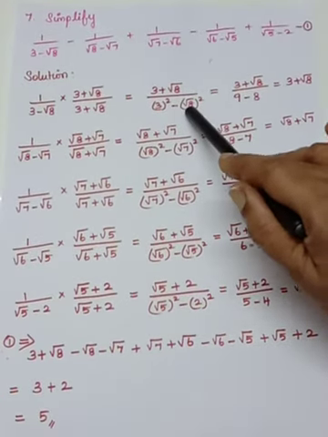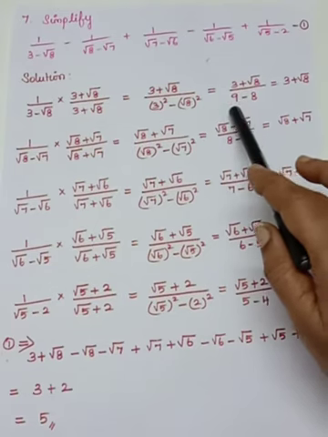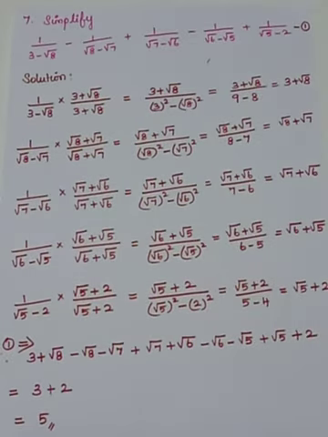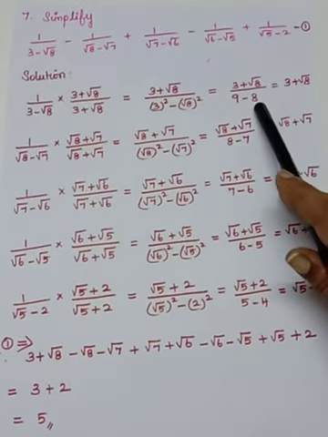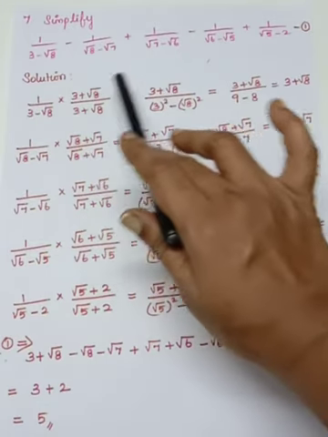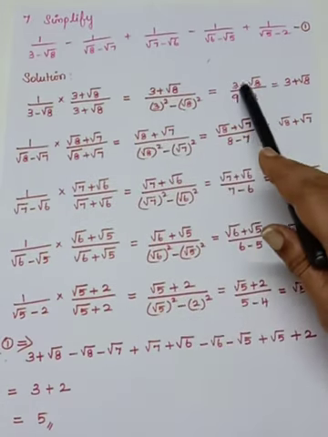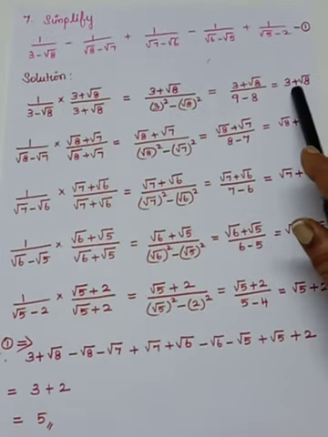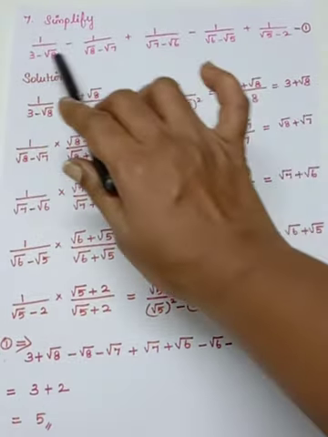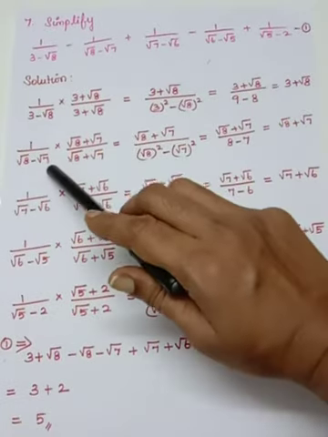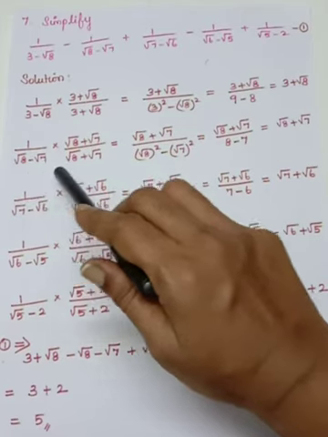Denominator alone you see. So here it is 3 squared is 9 minus, what is root 8 the whole squared? Root 8 is nothing but 8 power half to the power 2. So it is 8. Okay. So the numerator is 1 into 3 plus root 8, is 3 plus root 8. So 3 plus root 8 divided by 9 minus 8. 9 minus 8 is what? 1. So the first term answer is, what is it? 3 plus root 8.